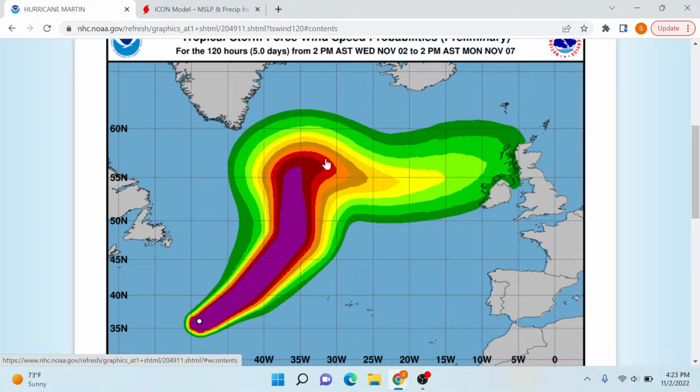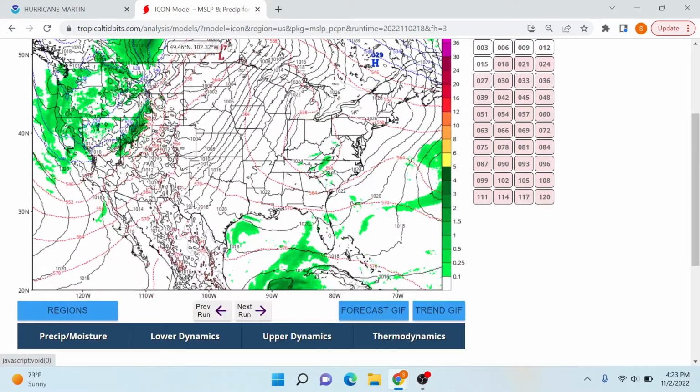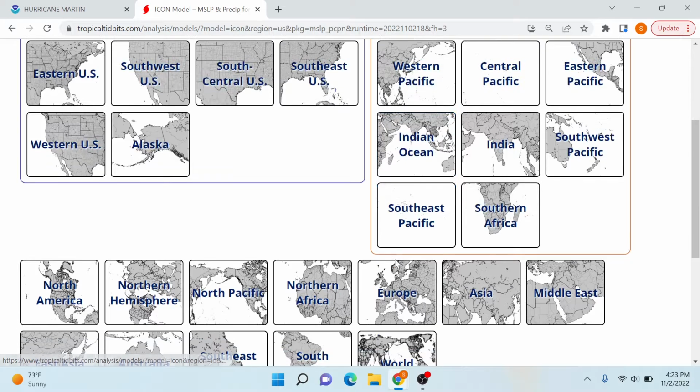But it's such a rare track. It's going to go near Greenland, which could produce some heavy snow for Greenland, and then make its way to the east as a cold front drags it that way, as well as a subtropical storm system. So we'll show you guys that storm system right now, as we'll take a look at